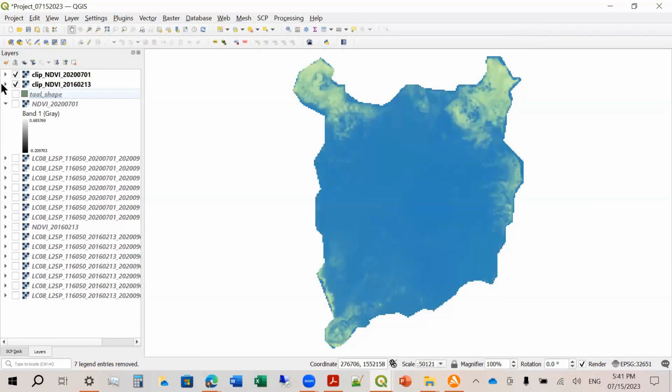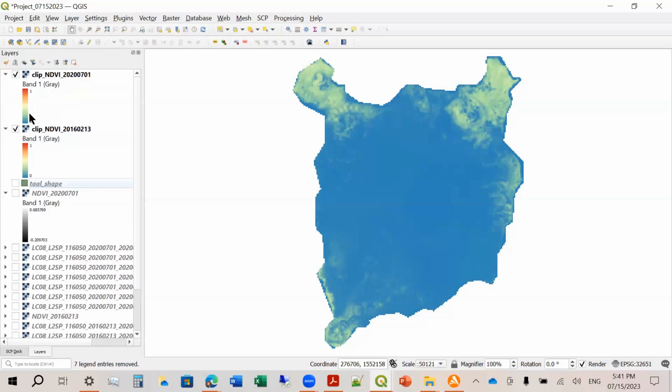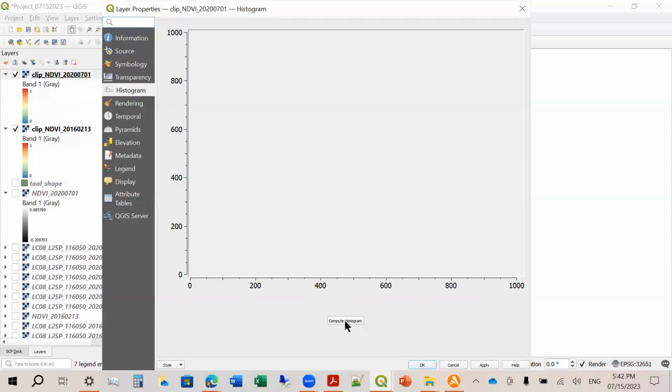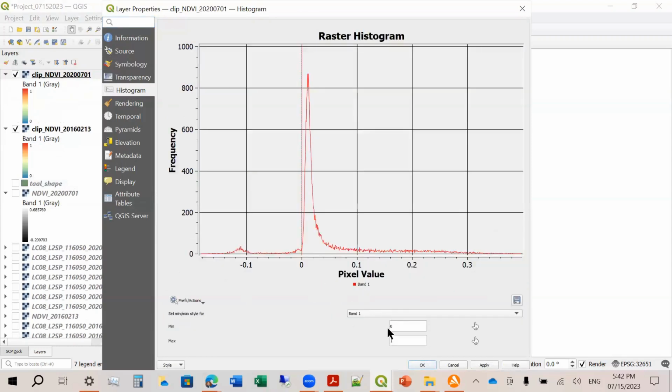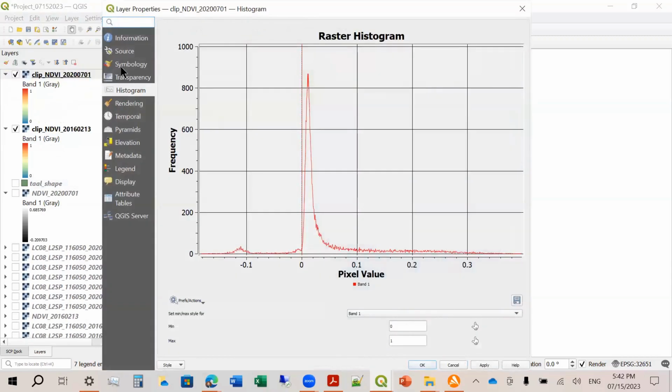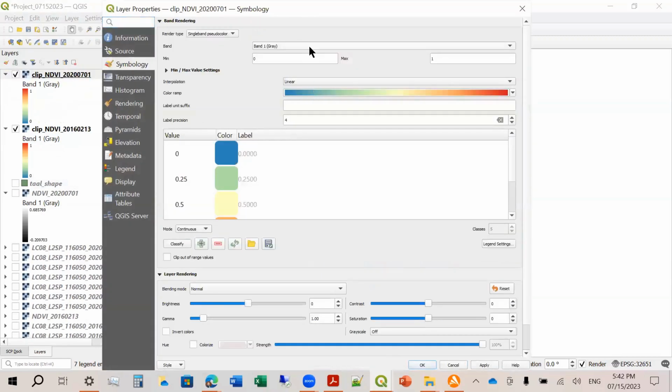Okay, so let's redefine this, because you already know by looking at the histogram that this has a value. Symbology. So we can redefine again the min max. So let's take notes.